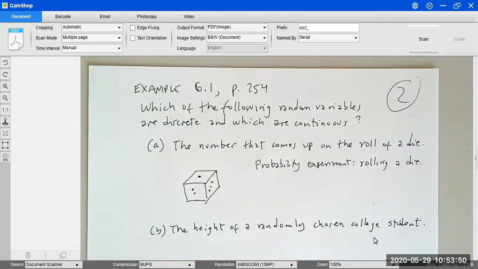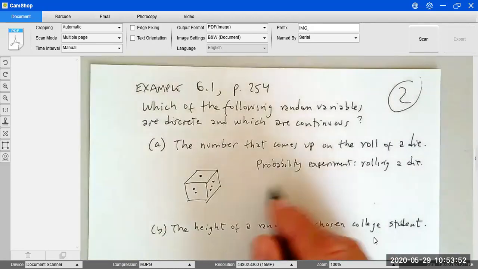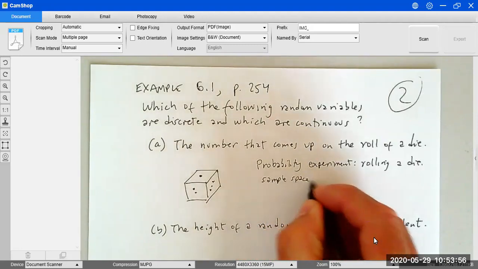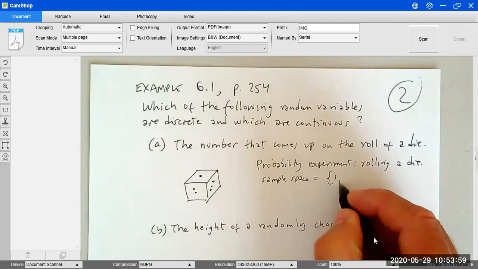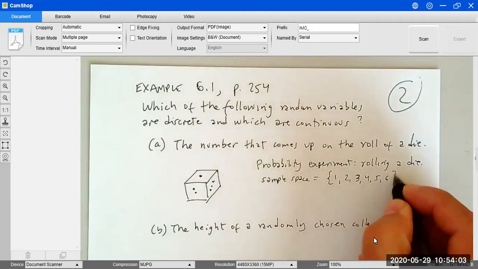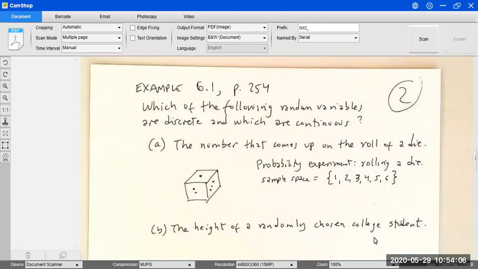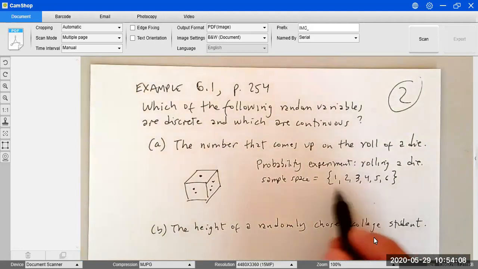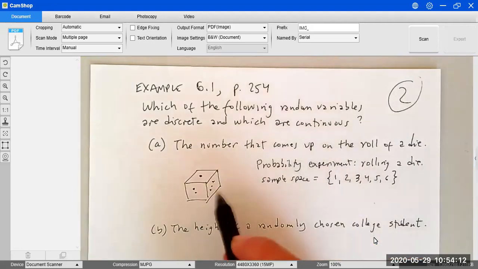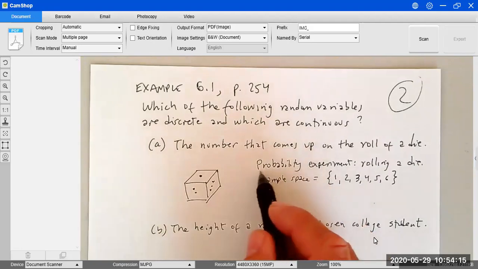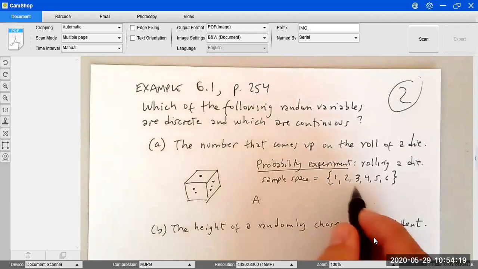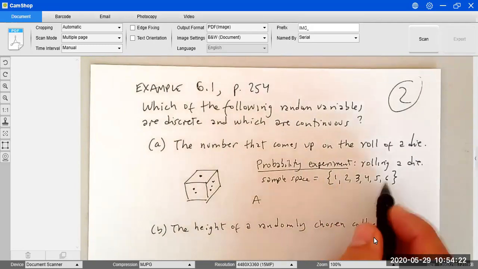Now, what are the possible values that you're going to get from here? That's going to be your sample space. Remember, the sample space is just 1, 2, 3, 4, 5, and 6. So you can see here that you can list the possible outcomes. So you don't know what is going to be the next number. So that's the reason this is going to be a random variable, A, and because you can list the possible